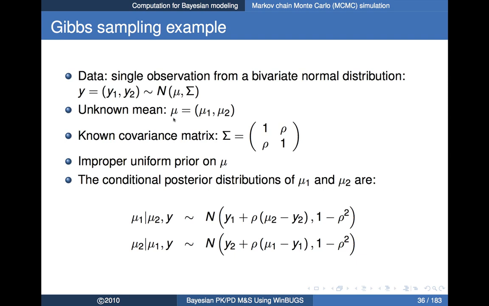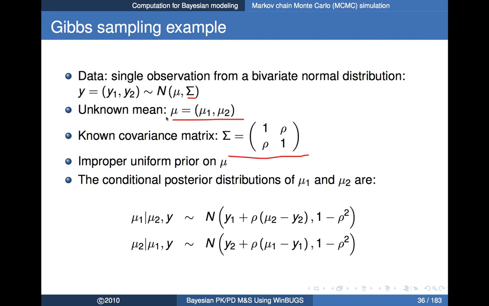So mu here is also going to be a vector of two values. We've also got a covariance matrix, and to keep this real simple, we're going to assume we know it. Of course, that's not very realistic in most cases,